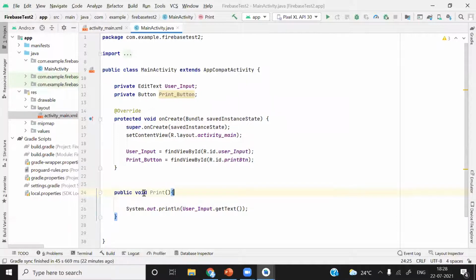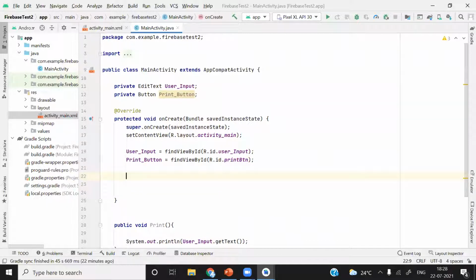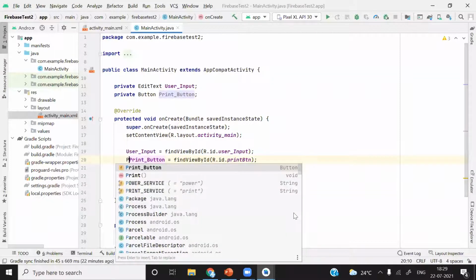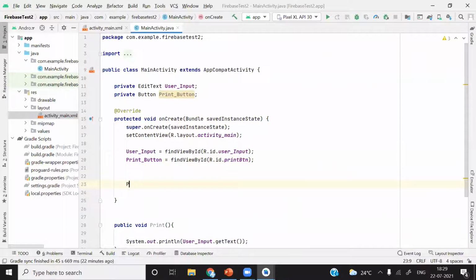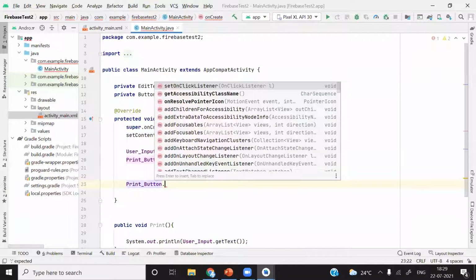Now we have to call this function. Whenever we are pressing the button, we want to call this function, which is print. Whenever you are pressing any button, you have to set a click listener. So it will receive that click. It means that it will identify that you have pressed that button, and after that, whatever execution we have given to it, it will execute. To do that, you just have to take this print button here, print button dot set. You can see the first option, setOnClickListener. Hit enter,